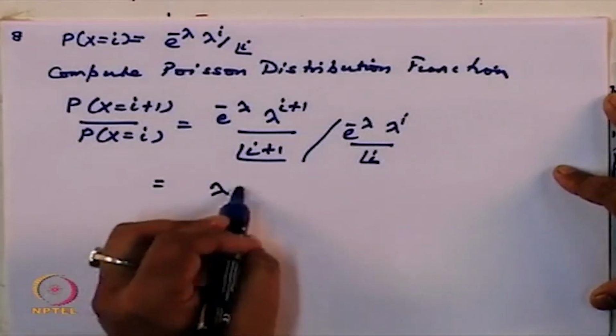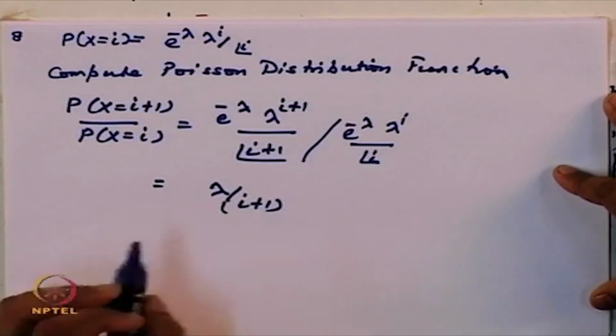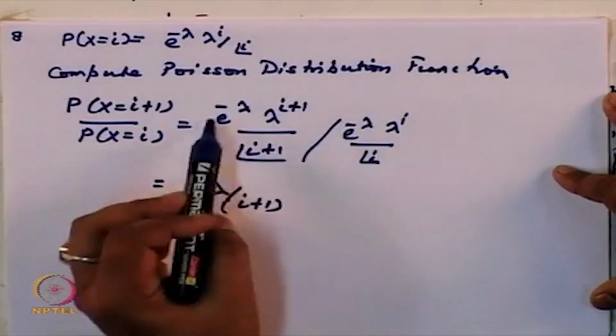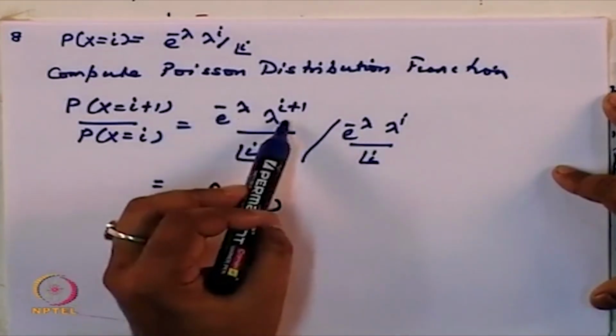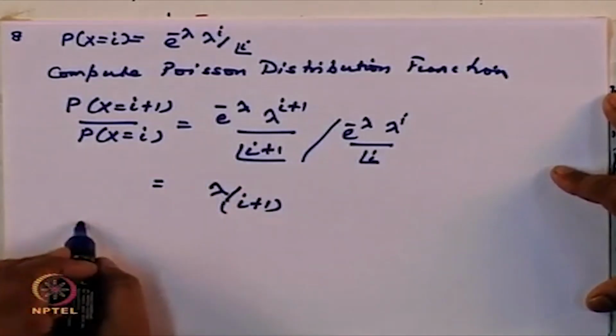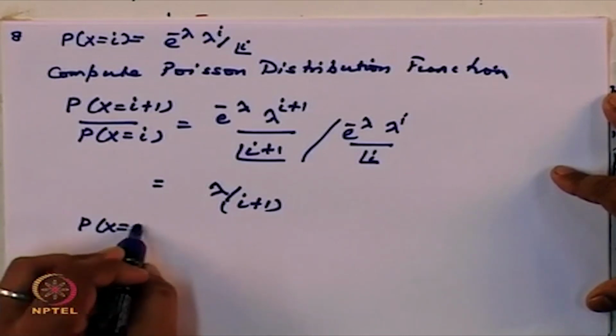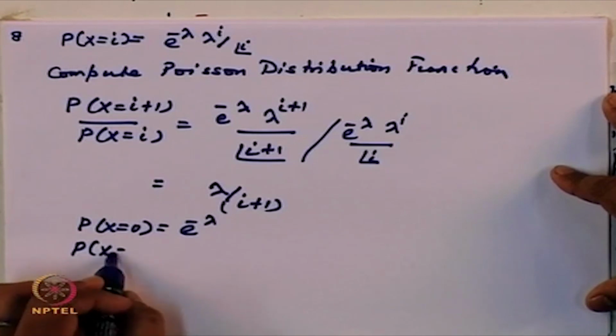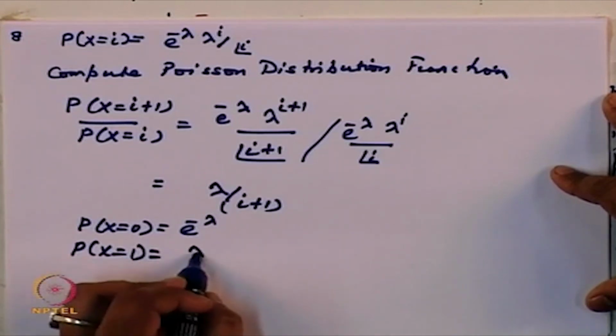equal to nothing but lambda by i plus 1. Because factorial i plus 1 can be written as factorial i into i plus 1, and these two cancel each other out, and lambda to the power i plus 1 by lambda to the power i is simply lambda. So, the probability of x equal to 0 is nothing but e to the power minus lambda, and the probability of x equal to 1 will give you lambda by